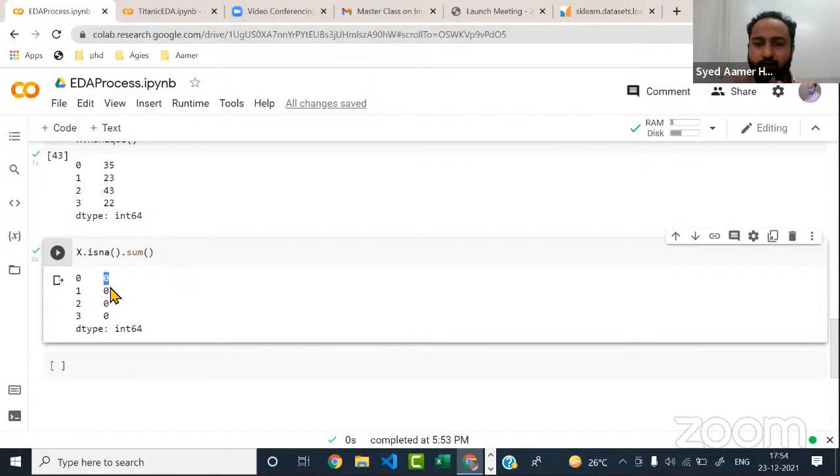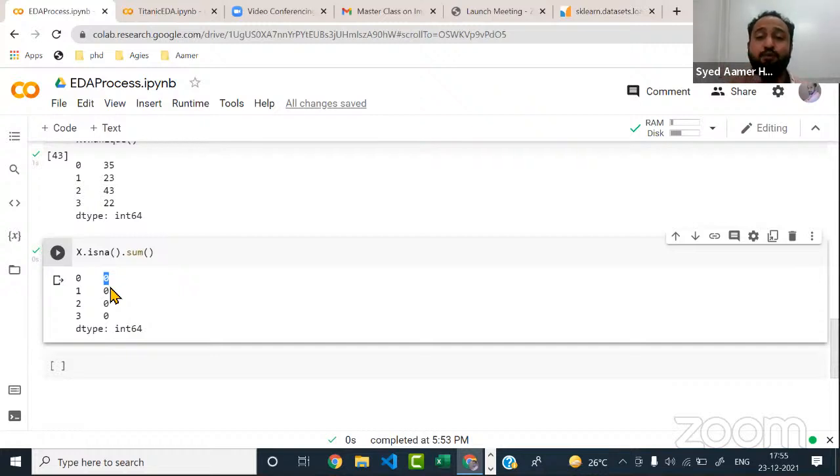Now, for example, I have a column where you got very few missing values. Like, for example, I have a column called age, and there are only a few missing values. Like, out of 150, I got 10 missing values. I can't leave out those 10 values, because if you're just leaving it out, that might be considered 0. That can have a very bad result, right? So one thing you can do is you can simply delete those rows. All right. These are the things that you will decide after seeing this. Or you can simply replace those values with the mean value of age, or mode value of age, or median value of age, or anything that you're comfortable with. We will be doing that in pre-processing.